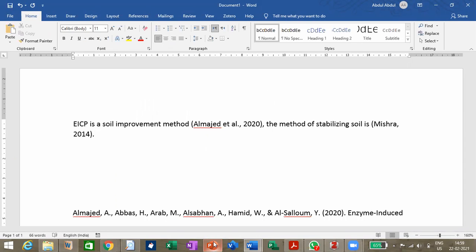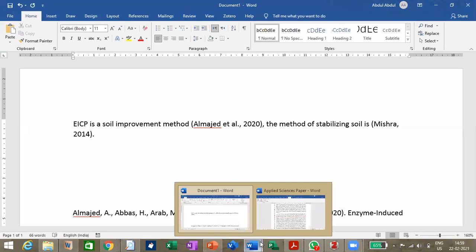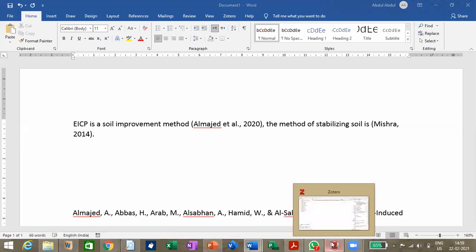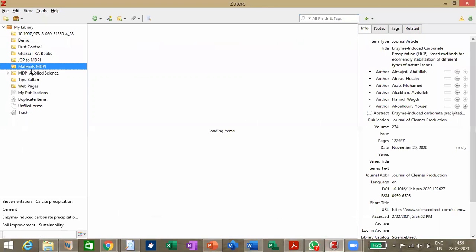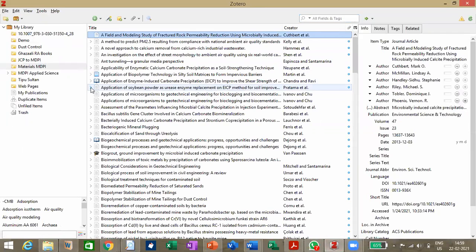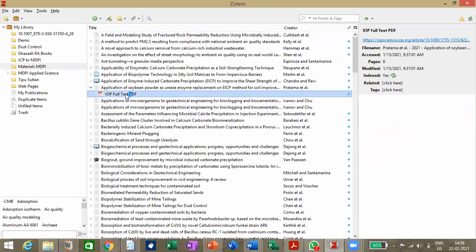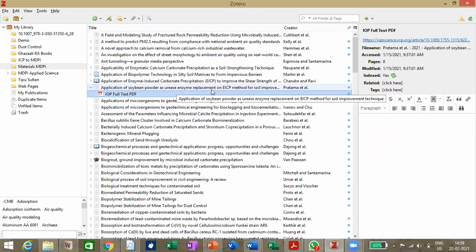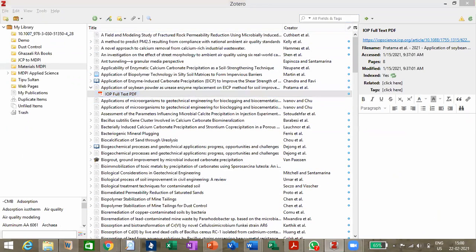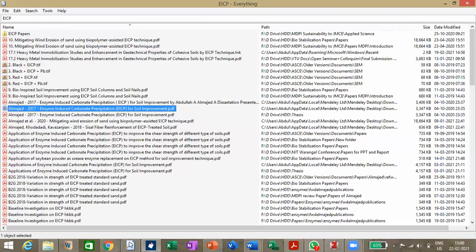We are only worried about the method, how we are citing it. For example, say I will go to Zotero. I have so many papers in this. See, I'll open this, application of soya bean powder as urease replacement. I have got this PDF available in this. I'll open that. Say I have got some paragraph.